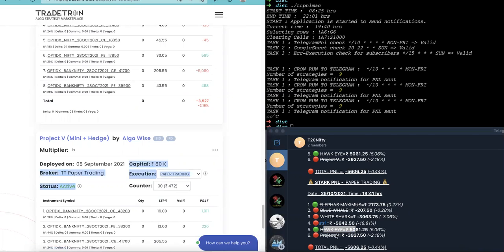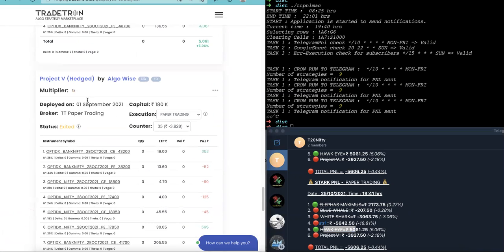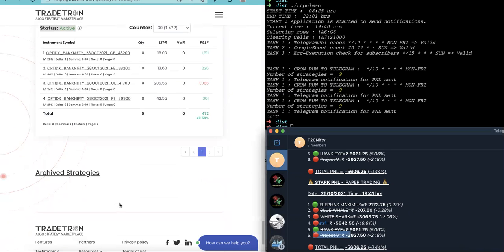This is also active, so this will not be printed. So there are two, Project V Mini plus Edge and just Edge. Okay, and you can see that one of the projects has been entered. All right. So out of the total nine, only six will be printed, because only those with status live entered and exited will be printed here, and those are live PNL.